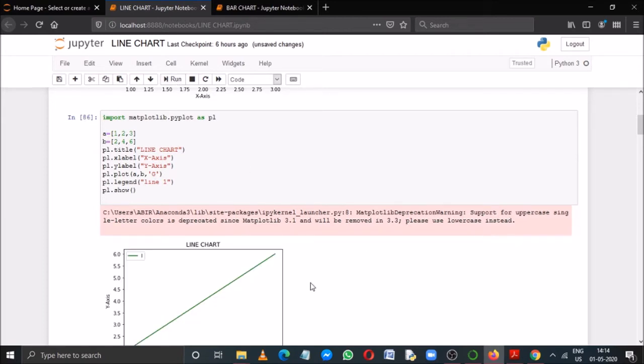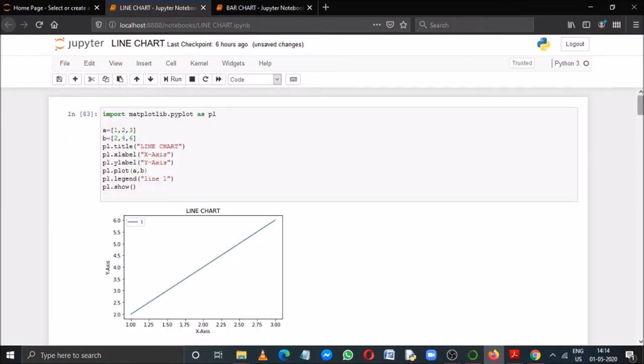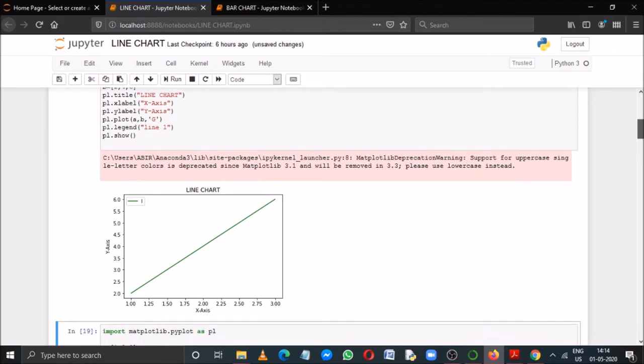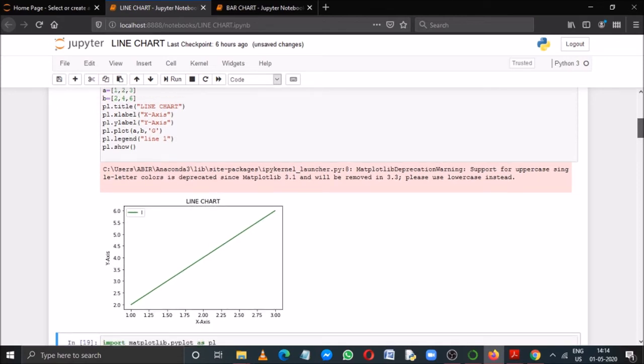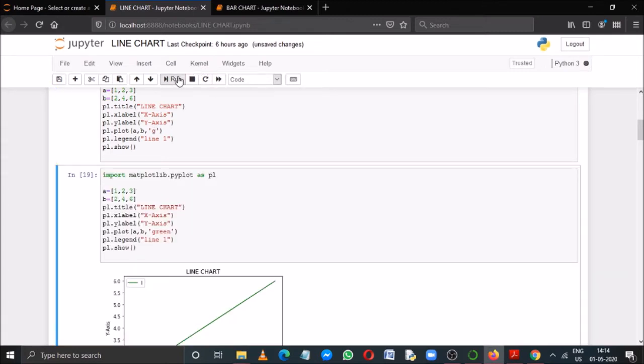Then also you will get a green line, but in that case the compiler will show you a message to please use lowercase instead of uppercase characters. So it is better to use a lowercase letter for the color code.